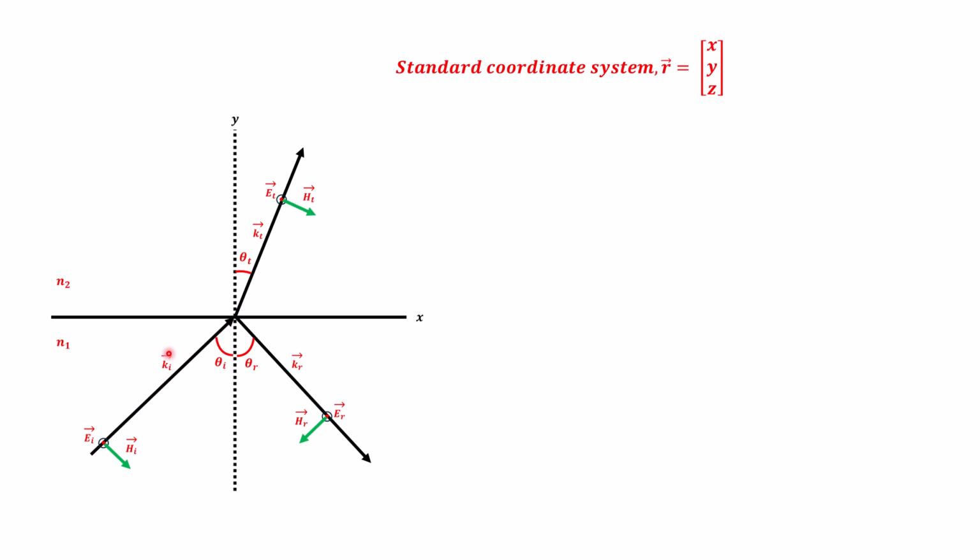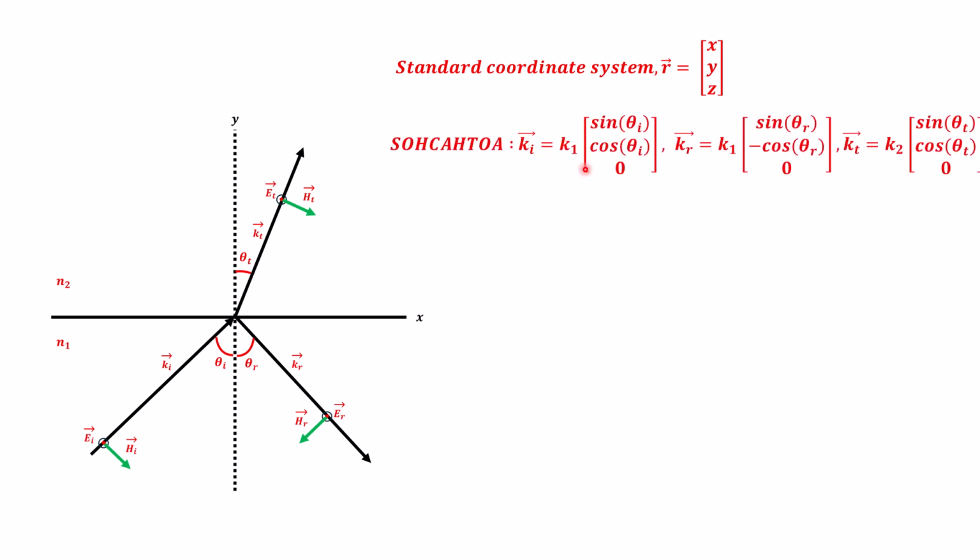For example, let's take the incident K vector as a function of theta I. It will be as such. So the incident K vector will be equal to K1, which is the wave number inside of the first medium, times this vector here, where for the x position it will be sine theta I. And why? Because we can use the rules of trigonometry, where we have the sine of this angle, and if we rearrange all the terms, it's going to equal sine theta I. We can do the same for the cosine of this angle, and we're going to find cos theta I,